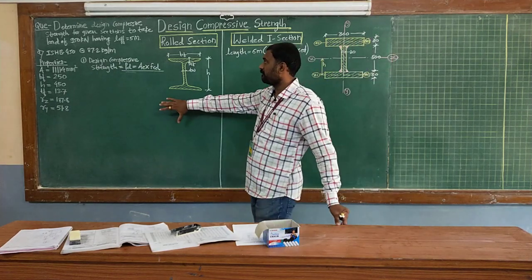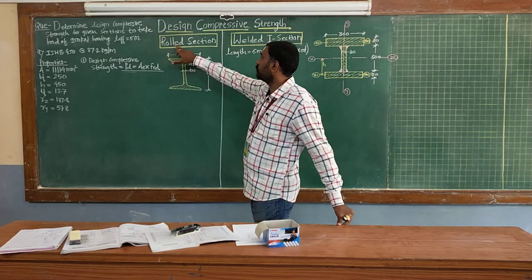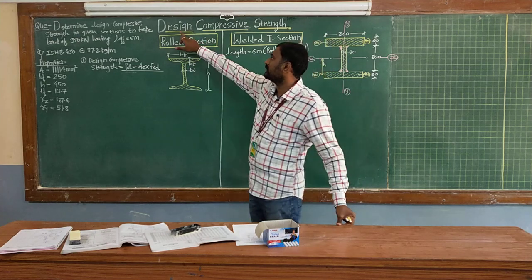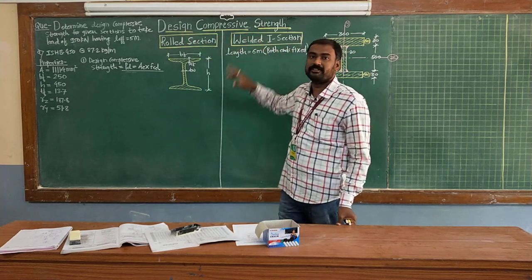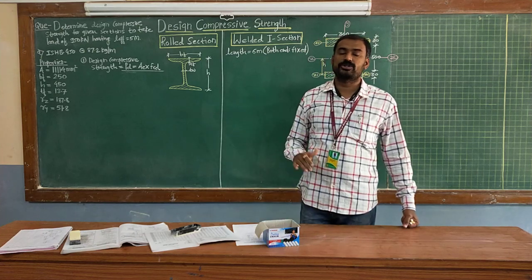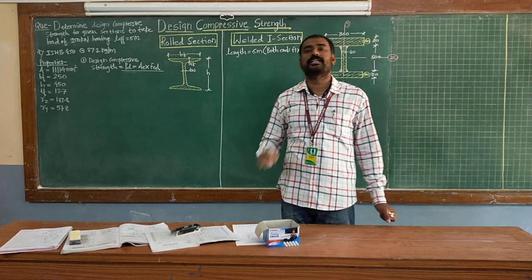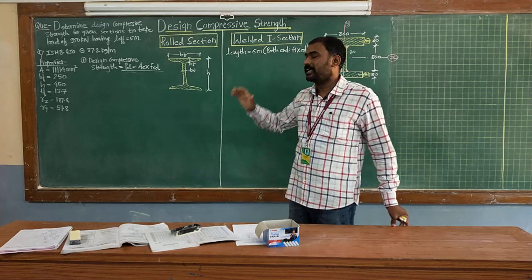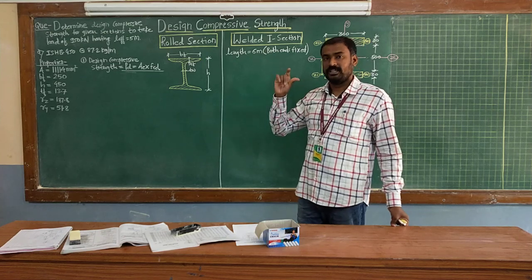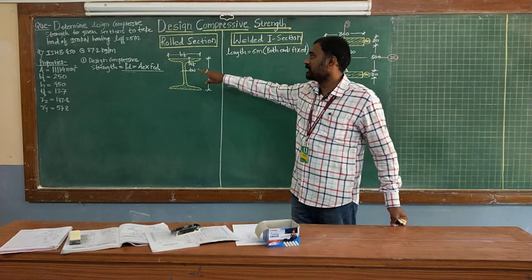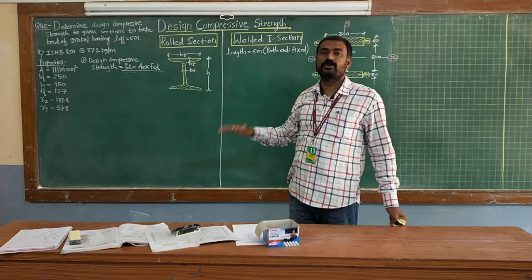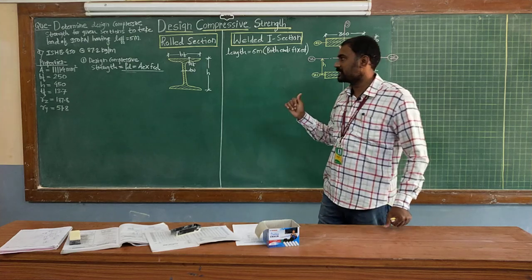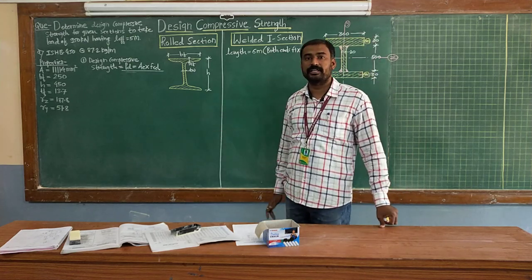In the first numerical, that is for rolled section, for both the problems or both these sections we are going to calculate the design compressive strength. Only there will be a change in buckling classification, which we are going to see. In the table we have four buckling classifications A, B, C, D according to European curves, ECC curves, and based on that we are going to calculate the design compressive stress. That value is nothing but your FCD value, correct? So according to slenderness ratio and FCD calculation, what will be the design compressive strength for the welded section and the rolled section, that we are going to compare in today's video.